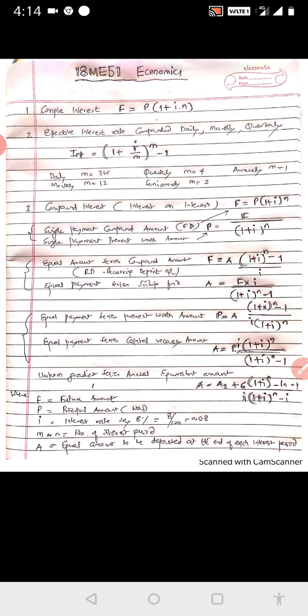This is the single payment compound amount. So here the same formula is there, F is equal to P in bracket 1 plus I raised to N. So this is single payment compound amount, means the future amount F is equal to P, the present amount, in bracket 1 plus I, interest rate, bracket close raised to N. Now suppose I invest 1 lakh rupees and after 10 years it becomes 2 lakh rupees. Take a case, I invest 1 lakh rupees today at an interest rate I, and after 10 years it becomes 2 lakhs. So the 1 lakh I invested is P, and the 2 lakh I get is F, and the interest is I only, and N is the 10 years.